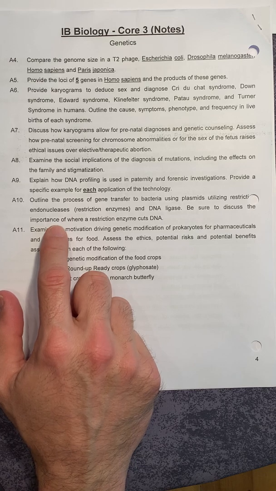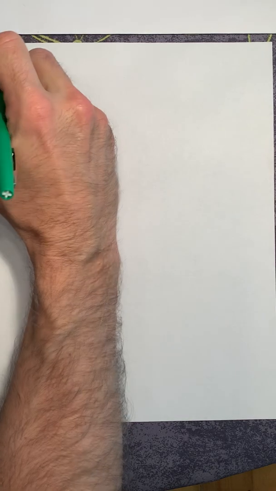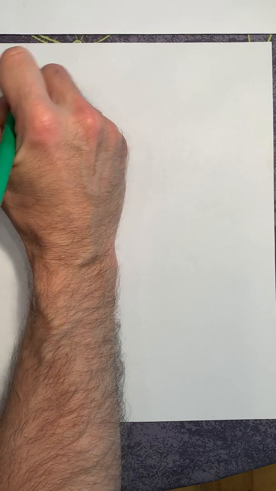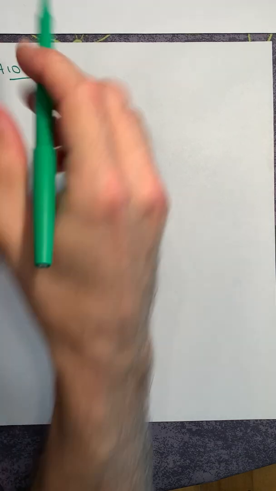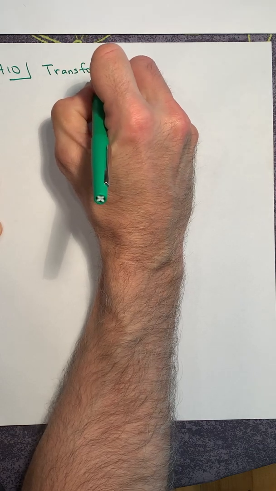I don't want you to feel like you're going to miss out. We are going to do that lab. And then this question will make a lot more sense when you've got your hands on the lab. So this is going to be application 10. It says, outline the process of gene transfer to bacteria using plasmids, utilizing restriction endonucleases, restriction enzymes, and DNA ligase. So what they're talking about here is a process called transformation,